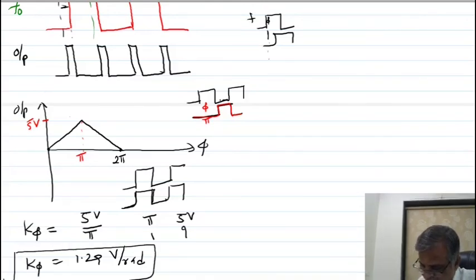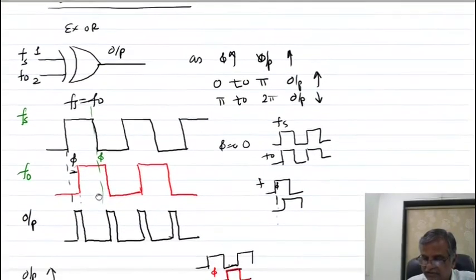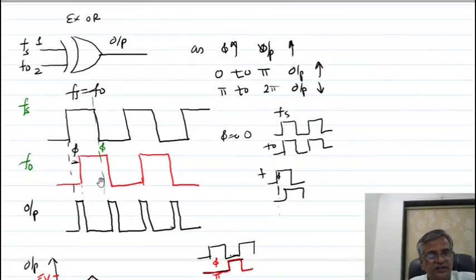So this is your discussion of the digital phase detector. It is very simple. Lastly, I am telling you a few important lines. The exclusive OR gate can be used as a digital phase detector. In this digital phase detector, the input Fs is given to any one input pin, the output of the VCO is given to input pin number 2, and the output is measured. This is used when both inputs are square waves, as I have shown.